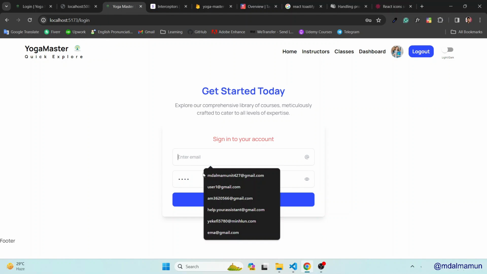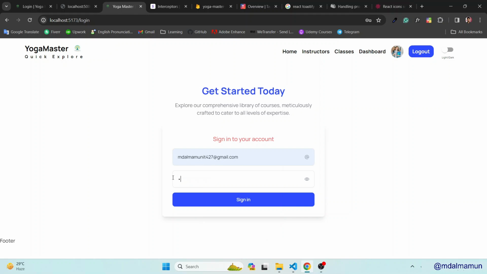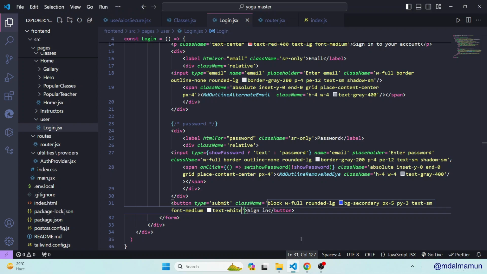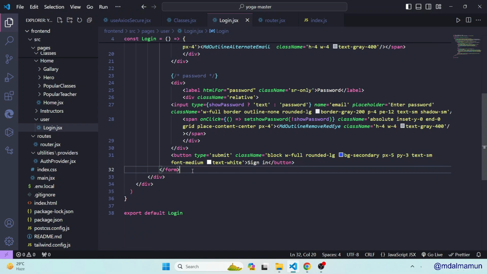So this is the button, something like this. You can just type your email, then you can enter any password. If you want to check, then you can see it here. Then you will have this button. After this, you will have these two things. Let me do it here. So after this form, actually